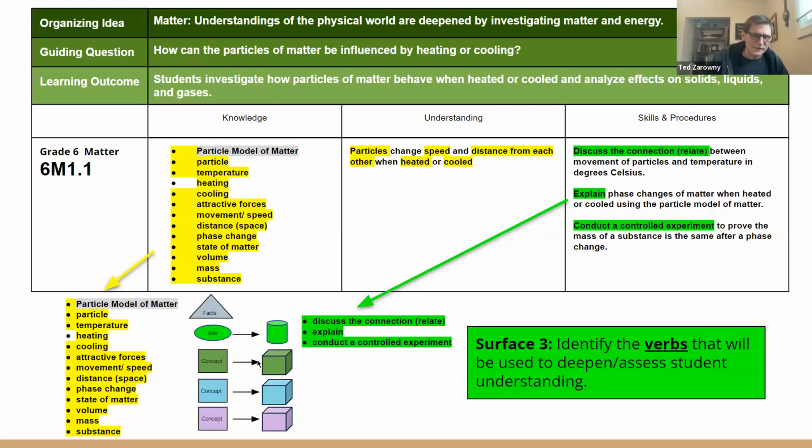And so that's again shown on this graphic. We're still at the surface level. If they don't know how to conduct a controlled experiment, we'll give you some suggestions of how you can do that, for example, and we'll teach it at the beginning just to focus on the controlled experiment. We're not going to use the course content and particle model of matter to teach them that.